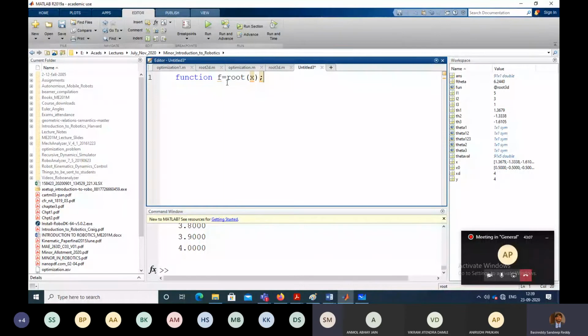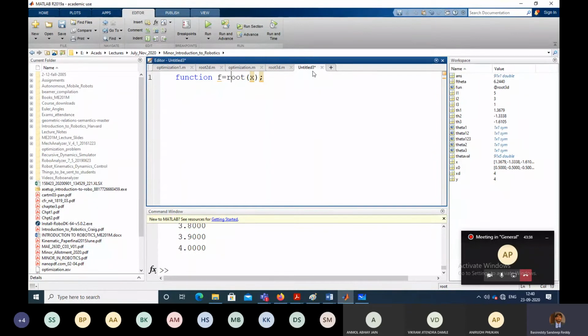This is a function file with the name root, which is going to be called by another command. Now this function file I'm going to define first, and then I'll go to the main file where you'll have to type in a command that will call this function file defined by root.